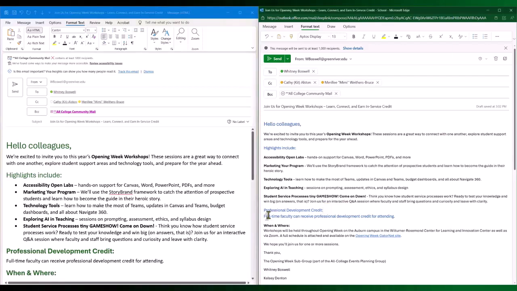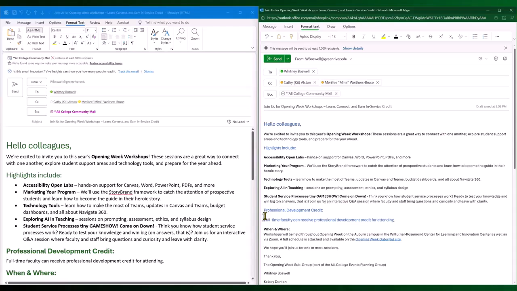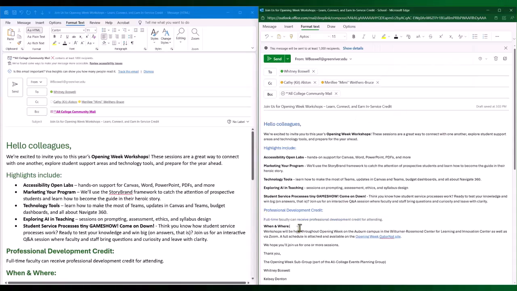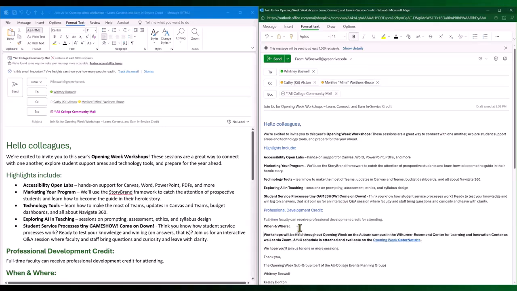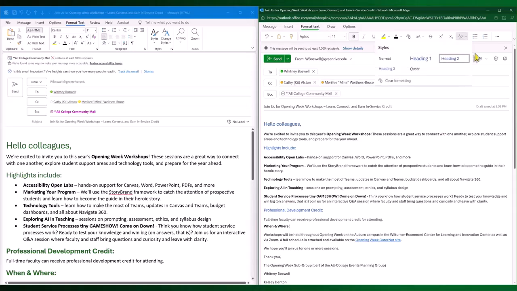Same with over here, it needs space and styled as normal. And we know from before that that one was the same. And then this one becomes Heading 2.